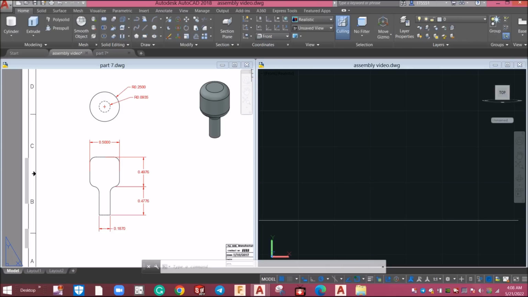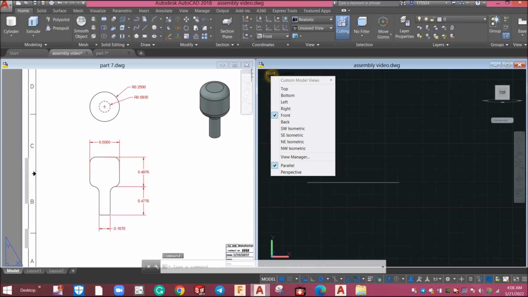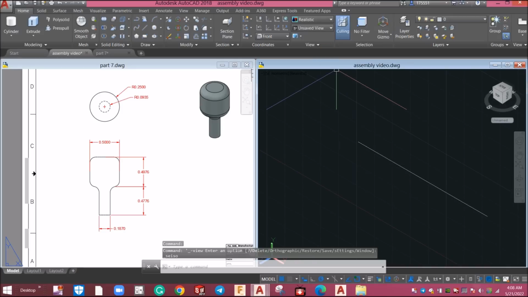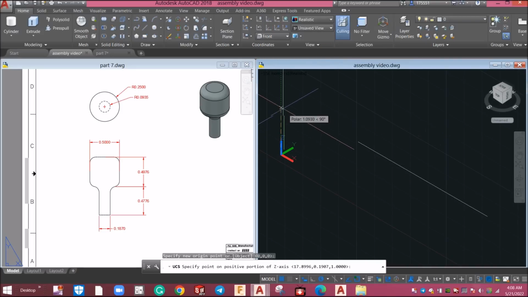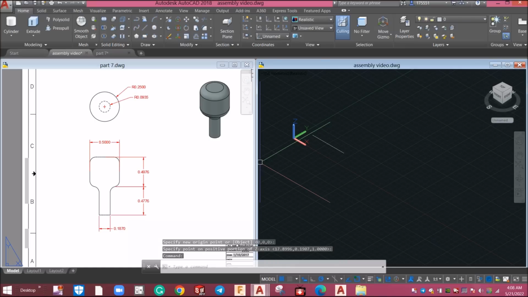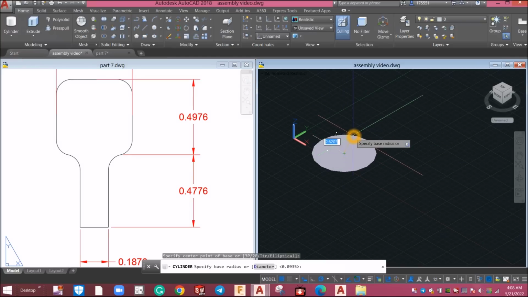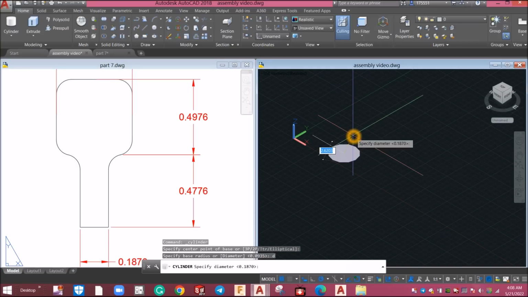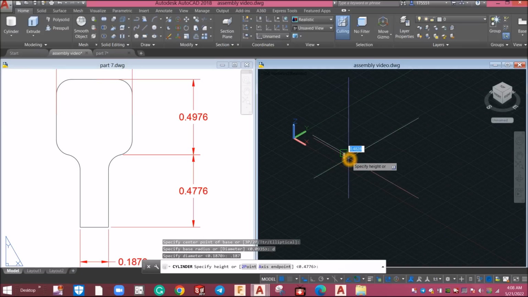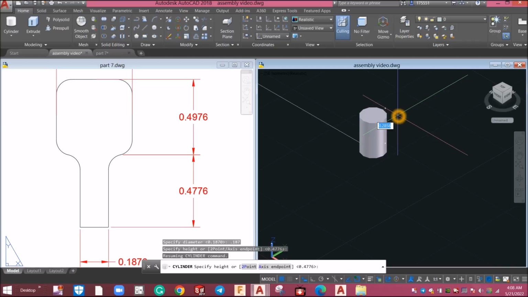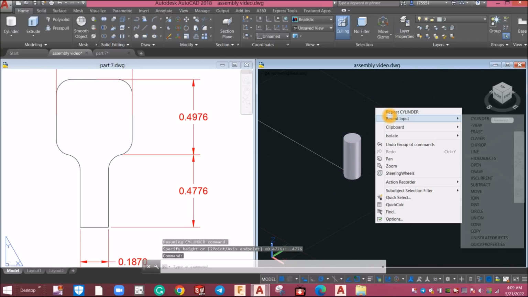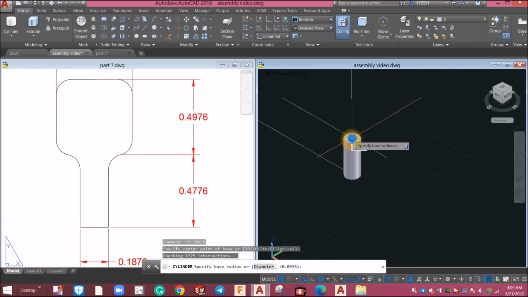The last component would be the handle. So I'm just gonna bring this drawing to southeast isometric and point my z-axis vector upward and draw a cylinder. So inside the modeling panel, click this drop down arrow, select cylinder, click this in point and the diameter, so type D for diameter option, enter, and enter 0.187. Bring upward and the height is 0.4776, and another cylinder, so repeat cylinder, click that center,